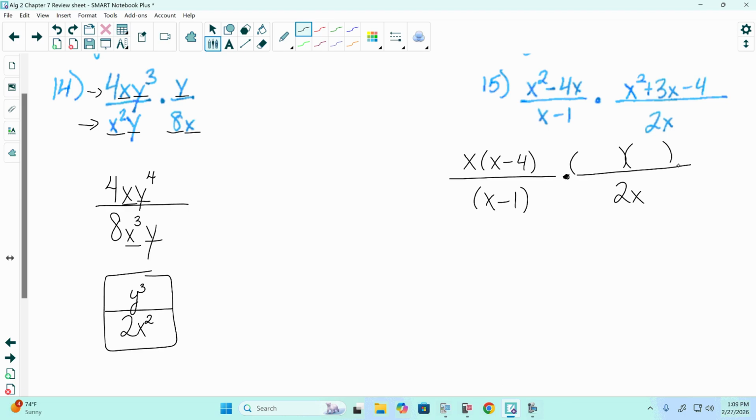X squared plus 3x minus 4. There is no greatest common factor between those three terms, so nothing to factor out there. So we'll do our two sets of parentheses with three spaces. Since the third term is negative, our signs are